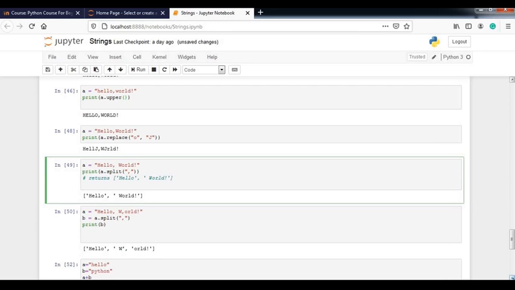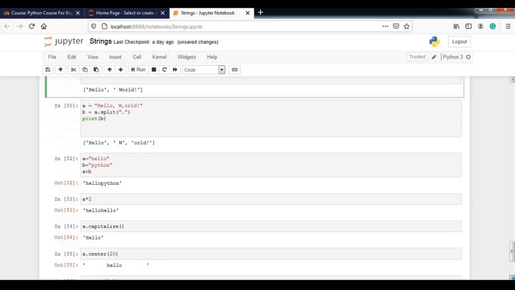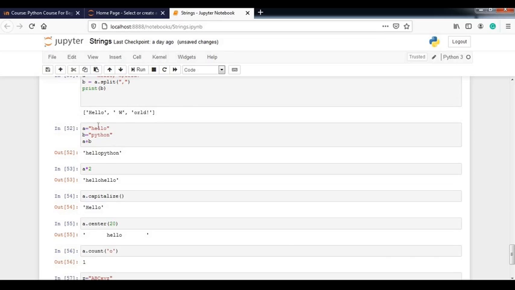Okay, so here it is. Next function is concatenation. If you just want to concat two string values, then simply write a plus b, so it will print hello Python. Star operator in string will return multiple occurrences of that particular string. If you want two occurrences, then star 2, that is it will return hello twice.